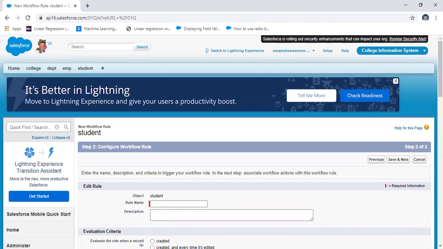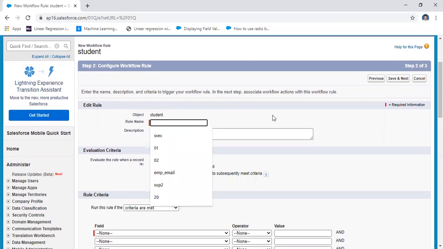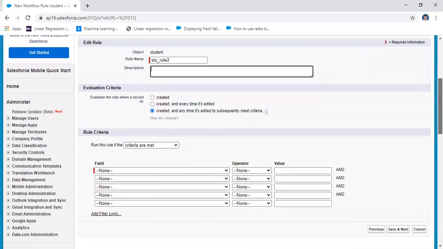And then the student, here the rule, edit rule, the rule name. What is the rule here? For example, Student_rule2, let us use it in the description. And then the criteria here, the event you are selecting: created, and every time it's edited to subsequently meet the criteria. No problem, you may use that one.